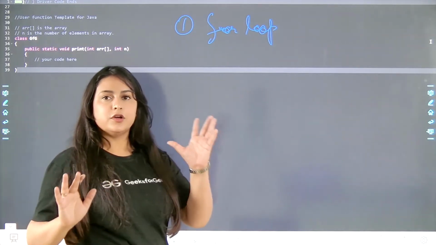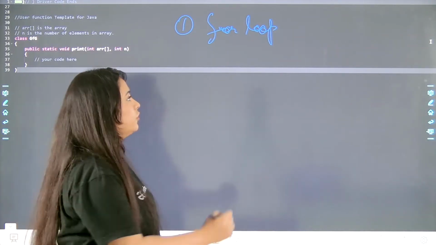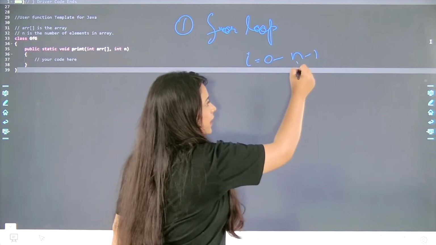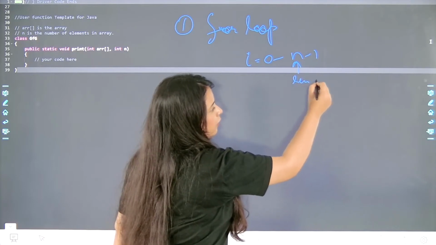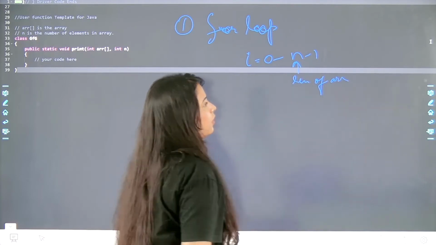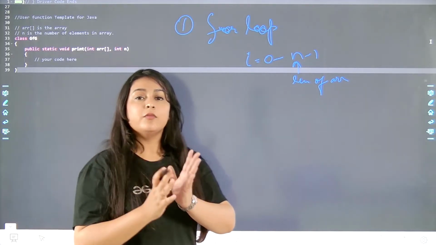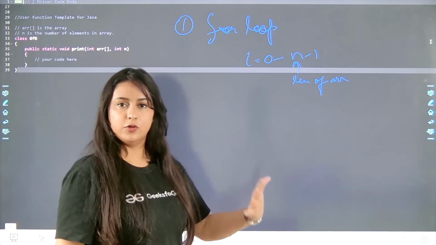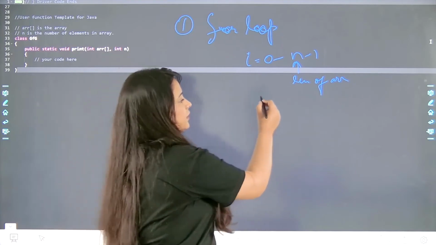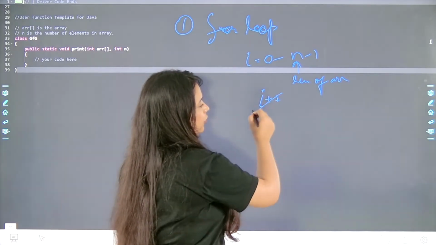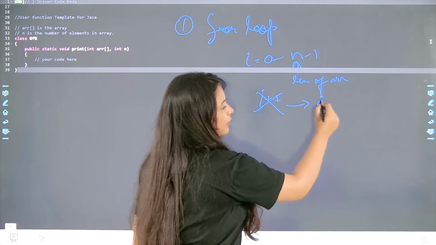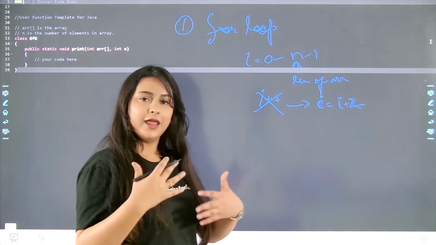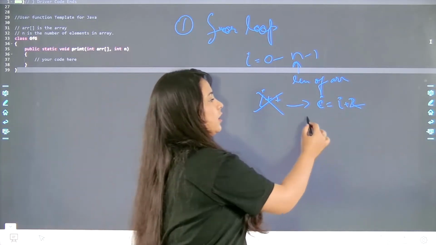You're going to use a for loop for iterating over the array. You're going to start from 0 and it will go till n minus 1, where n is the length of the array. Usually at the time of incrementing we do i++ while we iterate over the whole array. Now, instead of doing i++, I'm going to do i equal to i plus 2. By doing this, I will skip one element at each iteration. So that's how we can print alternate elements.